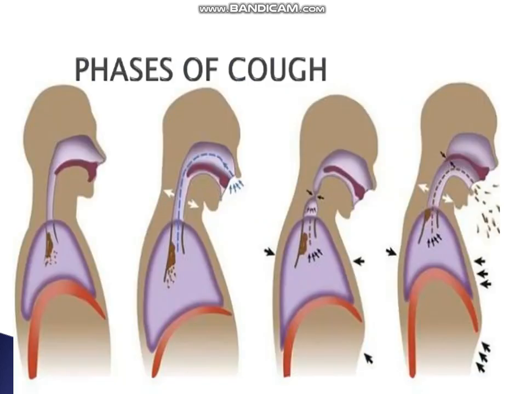Now again I would request you to do this. Take a deep breath, tighten your vocal cords. This increases the intra-abdominal pressure, and against this tightened vocal cord try to expire forcefully. So this is what we do in coughing.